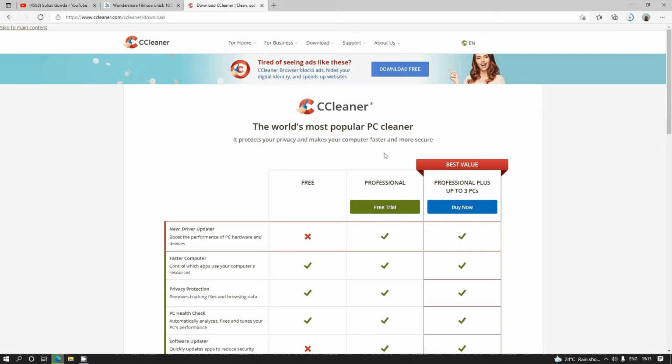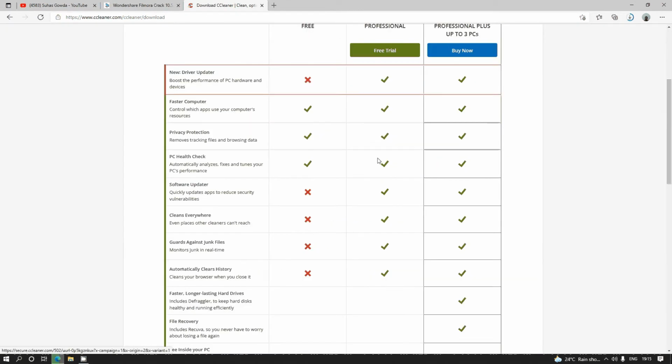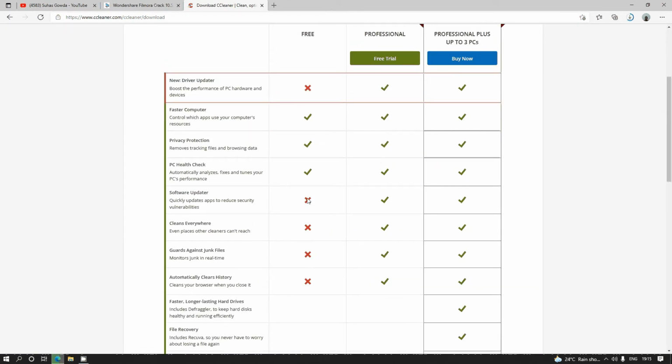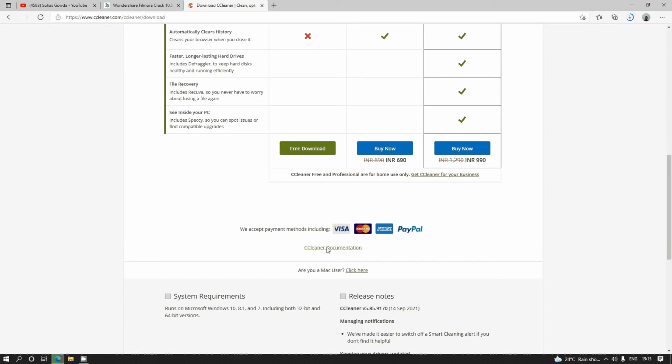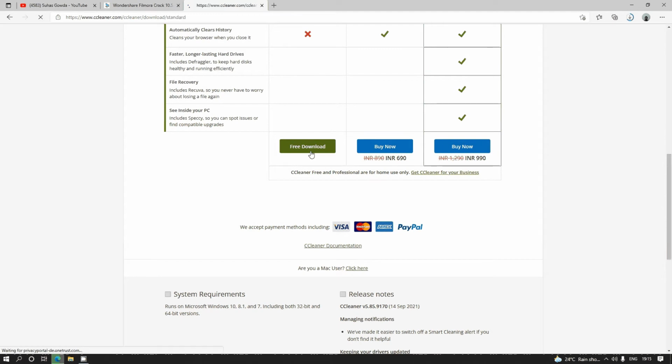You can use it for free, but it is restricted in some features. It can speed up the computer, provide privacy protection, and do PC health checks. Software updater, cleaning everywhere, guarding against junk, and automatically clearing history will not be available in the free version. So I'm selecting free download.